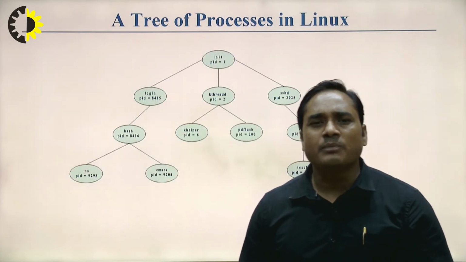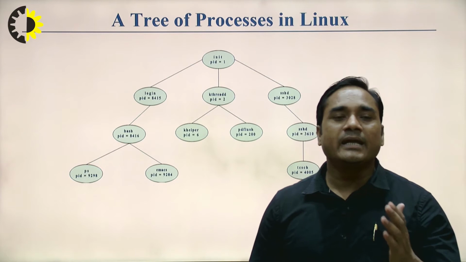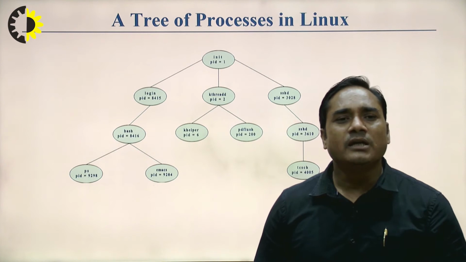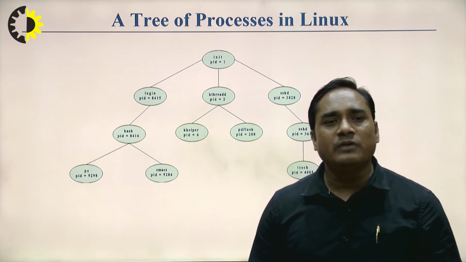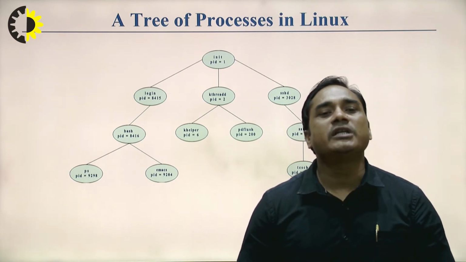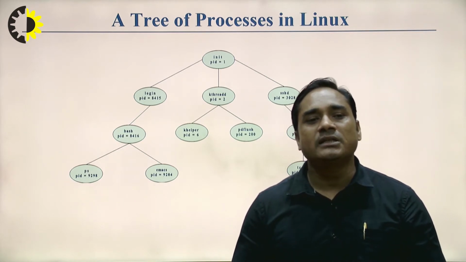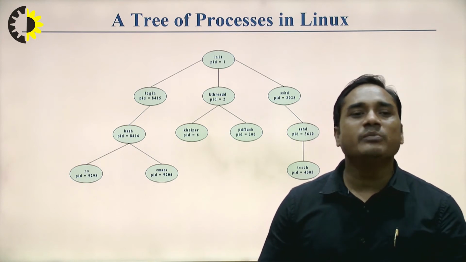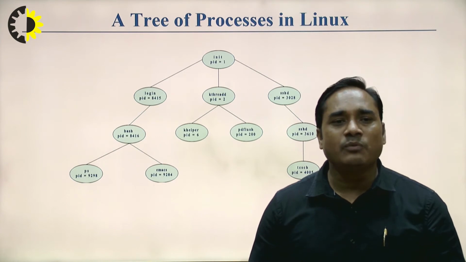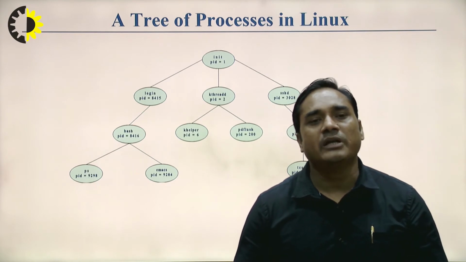This is the tree of processes in the Linux operating system. You can create a tree structure of the different processes. In the first login state, let's say PID 1 is the parent process. The parent process can create three children processes at the lower level, and those child processes can create sub-child processes. They are interlinked with each other, and if any child wants to share information with the parent process, it can do so in a structured manner.